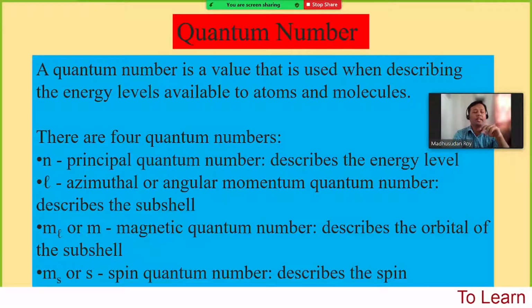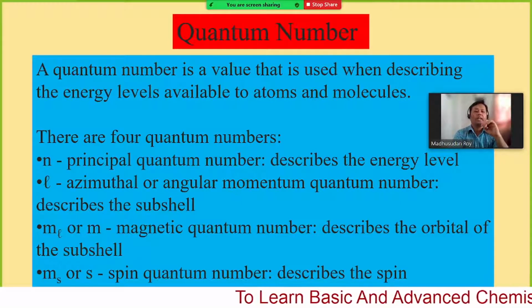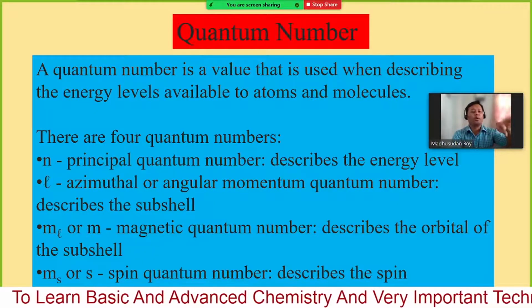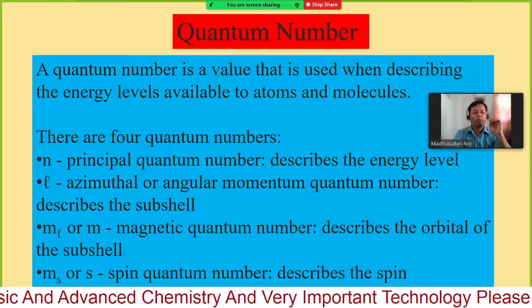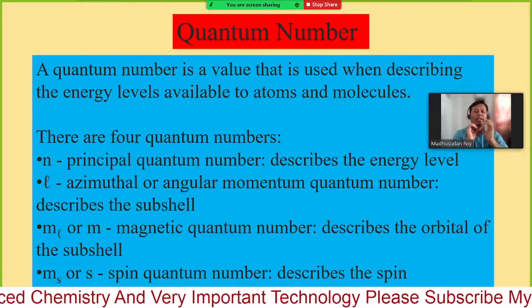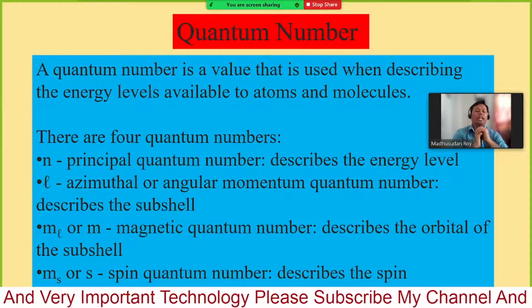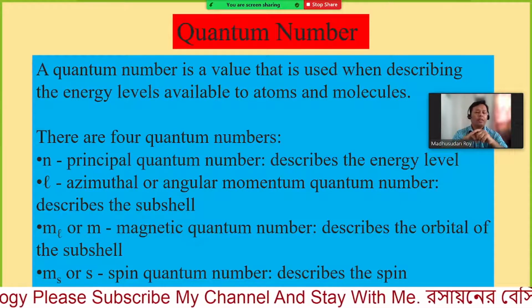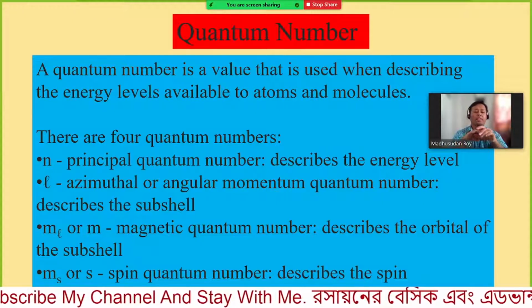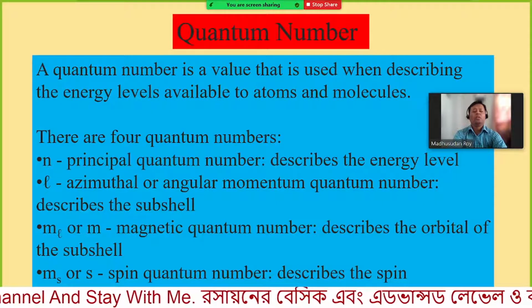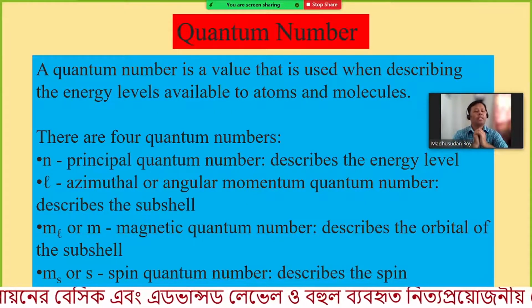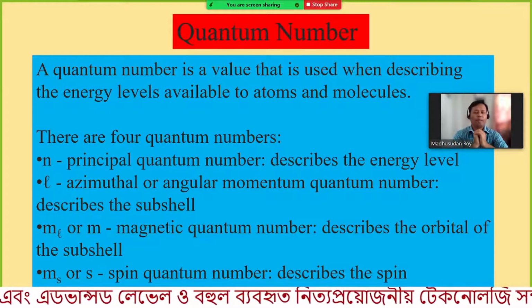We are considering the orbits to be circular, but actually they are not circular. There is a region where the electron density can be found more. That region is known as the orbital, where we find the electron. These are different types of subshells. So for every principal quantum number we have several subshells, or azimuthal quantum numbers.